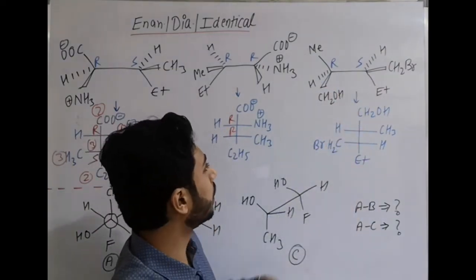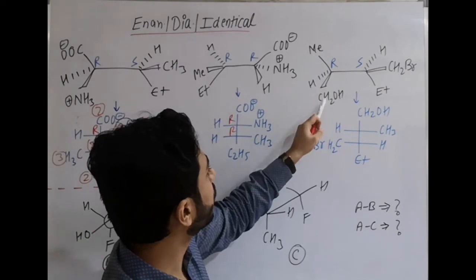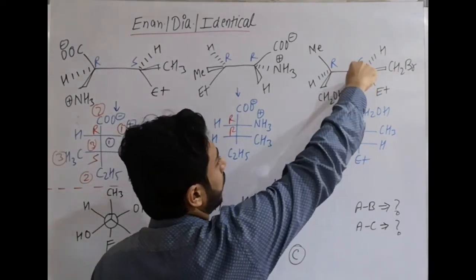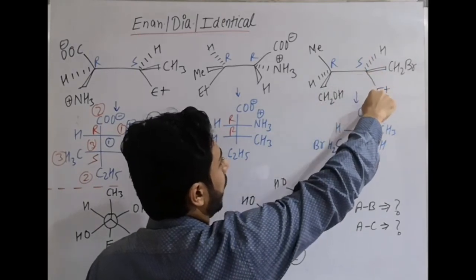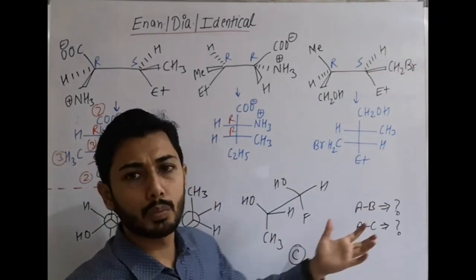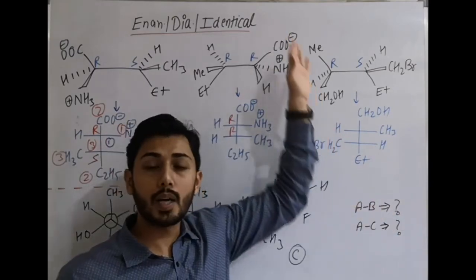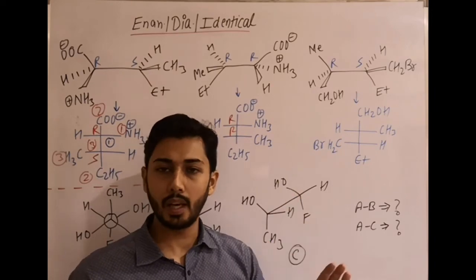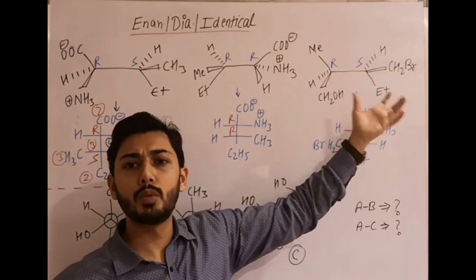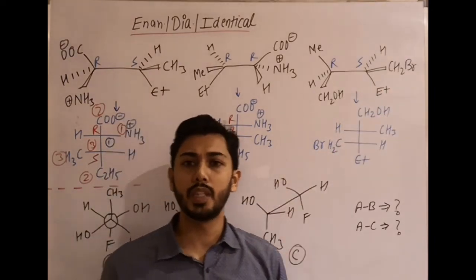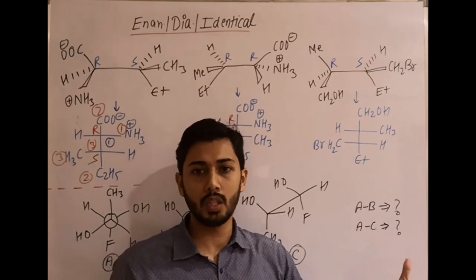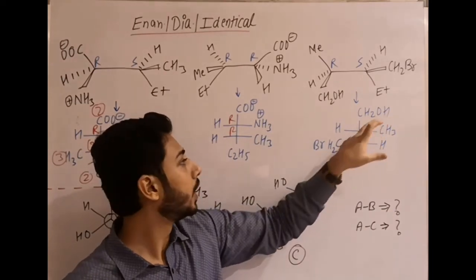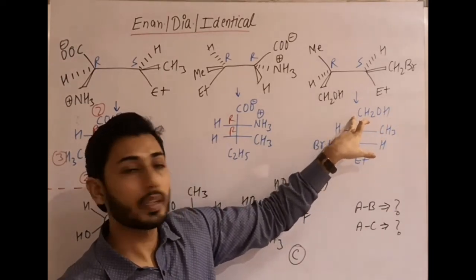OH, or the carbon which contains oxygen, is this one. So we should start numbering 1, 2, 3, 4, 5, because Br is not a functional group, so maintaining the longest carbon chain will lie in the vertical line. Topmost carbon should be the most oxidized carbon, meaning more bonds with a highly electronegative element like oxygen. As per IUPAC also, the OH group is present on the first carbon, so it gets number 1.